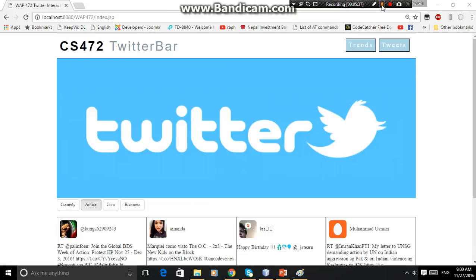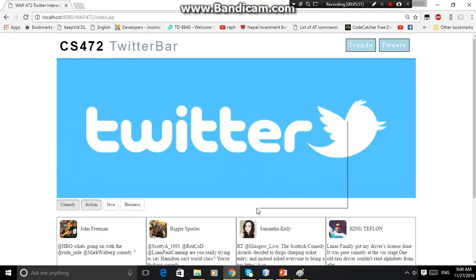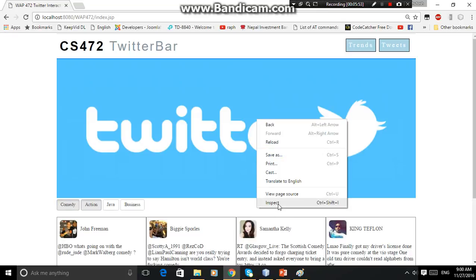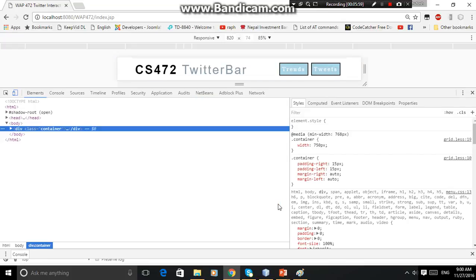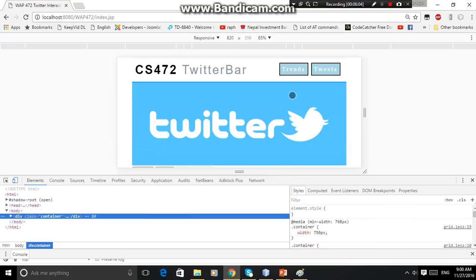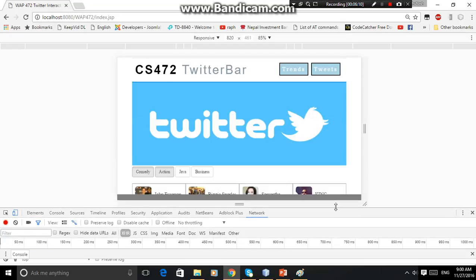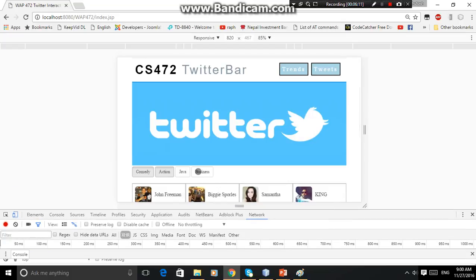Thank you, Farouk. Now I'm going to present how the API works and how all the JavaScript actions work. Whenever a user clicks on these buttons, it will call our Ajax call. I'm going to show you this. This is one of the responsive designs. You can see the responsiveness of the project, and on the network tab we can see what Ajax calls were made and what the response was. When you click on business,